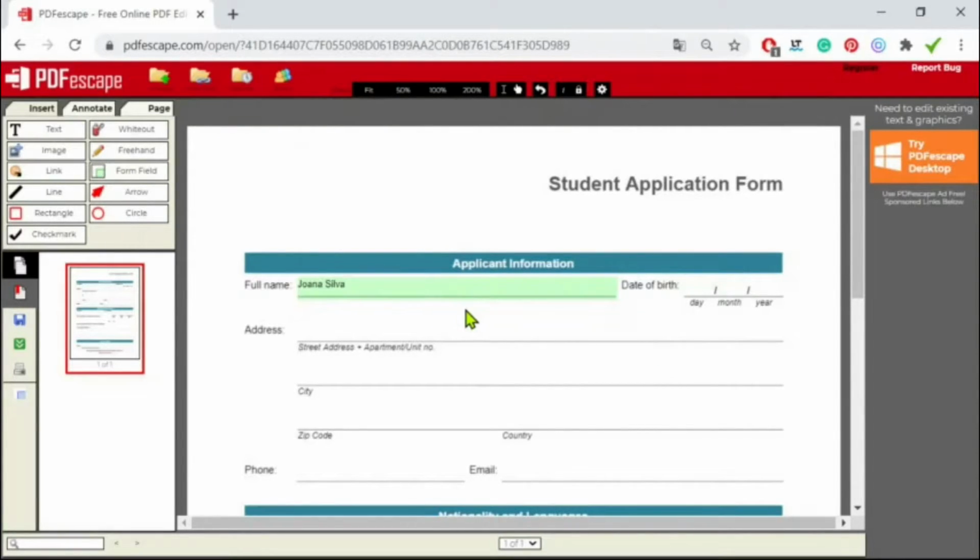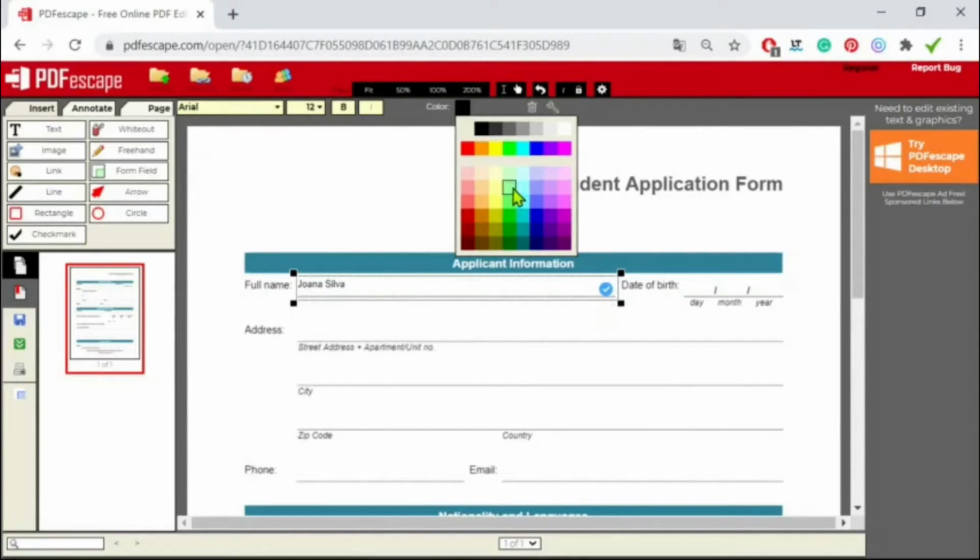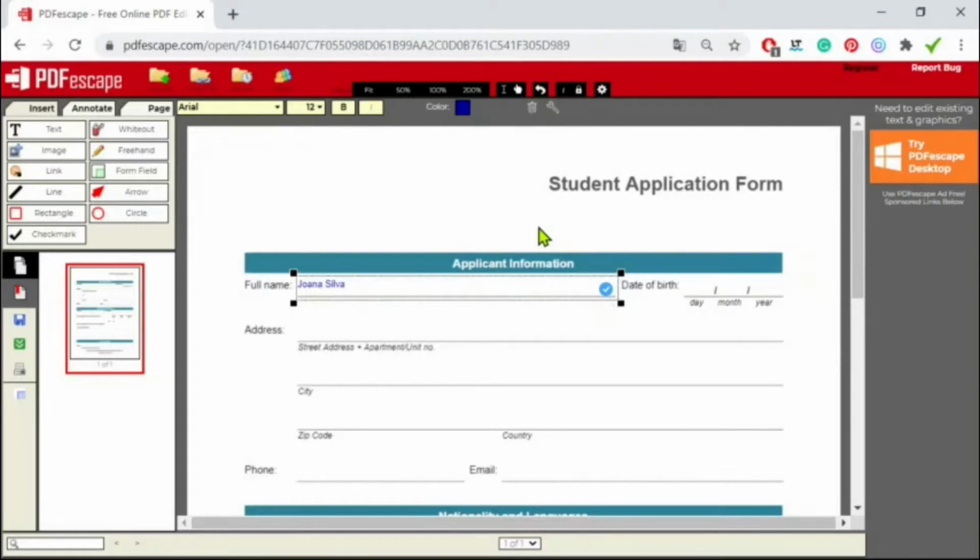I'm not completely satisfied with this box though. Now I want to edit the text. Double-click inside the box to keep it active. Go to the top of your page and format the text as you see fit. So you have here some options to change your text. I'm okay with the font. I'm okay with the font size. You can check or uncheck the bold option, the same with italic, and you can change the color of your text. I'm going to pick some blue. Yeah, I like this one.